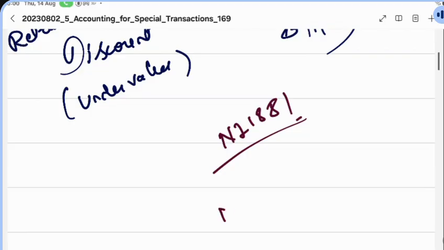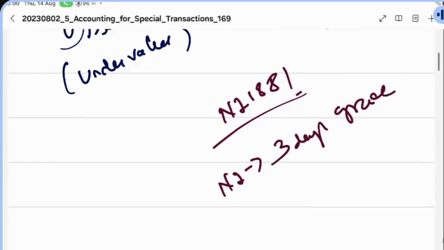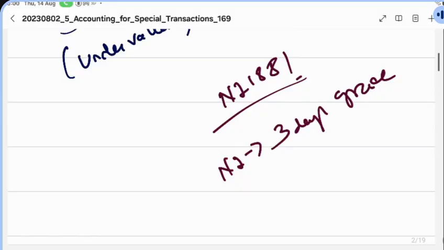It says that for every negotiable instrument for payment, 3 days of grace will be available. For example, if I have drawn a bill on 1st January 2025 for 2 months,